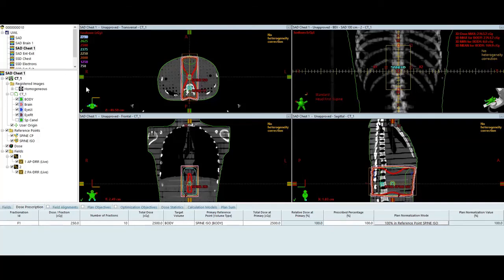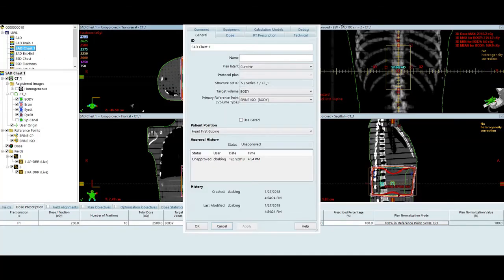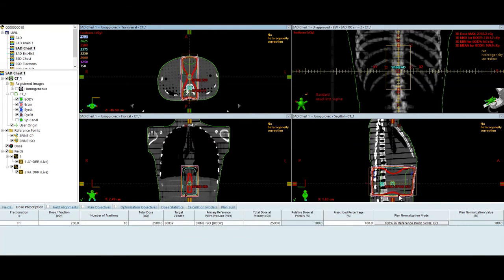In this example, I'm going to call it SAD chest. I mean, technically, I guess it's abdomen, but it's going to be an APPA spine treatment. So SAD chest 1 is going to be APPA calculated to isocenter with an SAD technique. So we're going to be using tissue max ratio and inverse square factor rather than percent depth dose and a